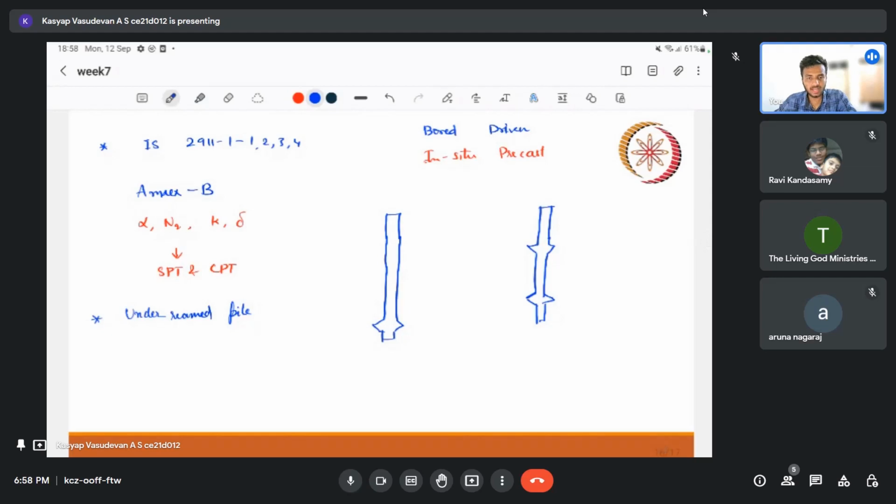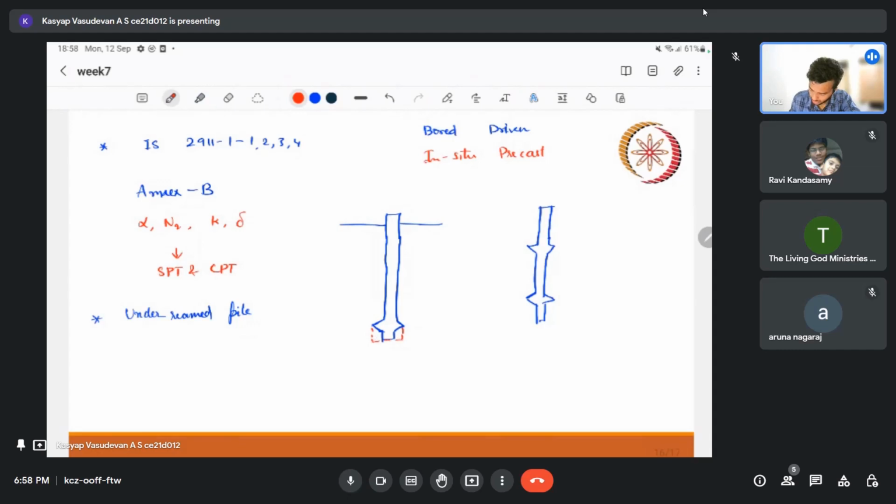If we have a very hard bearing stratum, and we are not getting much from the shear resistance, we can give a bulb at the bottom, which will drastically increase the capacity of the pile. Because what we are doing here is,